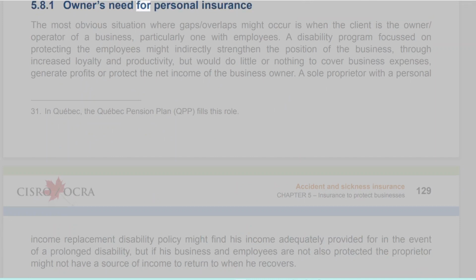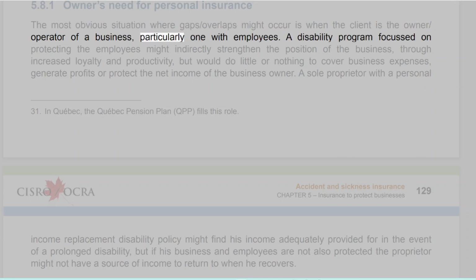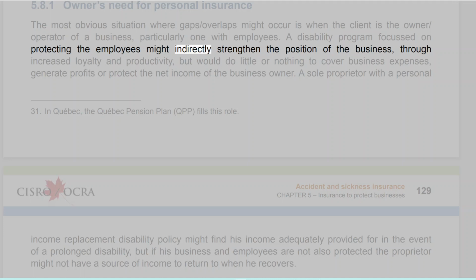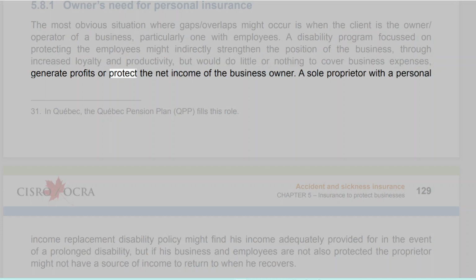5.8.1 Owner's need for personal insurance. The most obvious situation where gaps or overlaps might occur is when the client is the owner/operator of a business, particularly one with employees. A disability program focused on protecting the employees might indirectly strengthen the position of the business through increased loyalty and productivity, but would do little or nothing to cover business expenses, generate profits, or protect the net income of the business owner. A sole proprietor with a personal